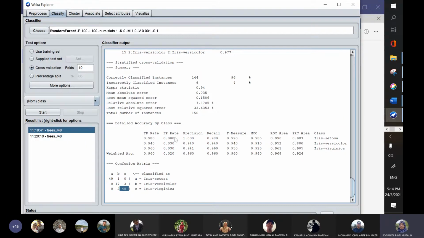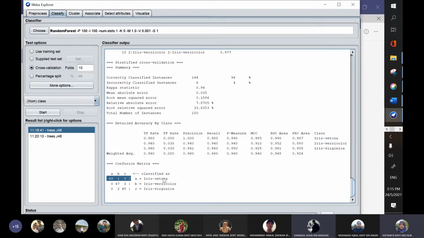And then FP. What is FP? False positive. So how do you get false positive? Which one is false positive? The first row for Iris setosa, 1 divided by 50? Which one? Is it this one? Oh, actually no, it refers to the actual. I think it's below, the column, 49. Yeah, the column one.